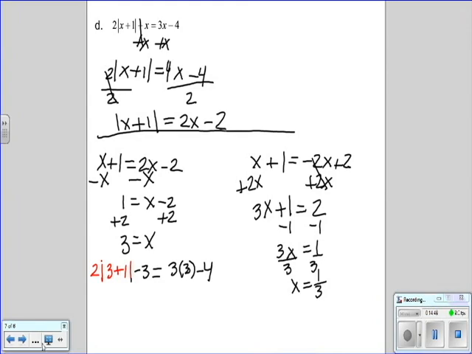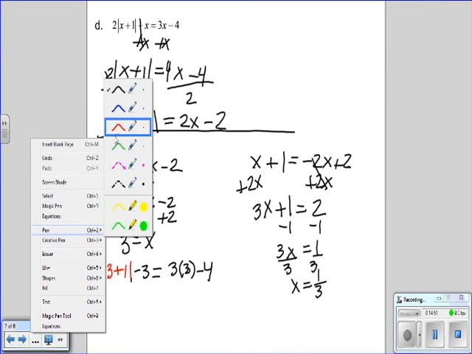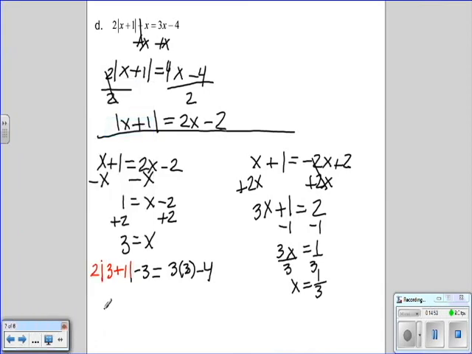I'll try to switch back to red here quick. Okay, so what I have now is 2 times the absolute value of 3 plus 1 is